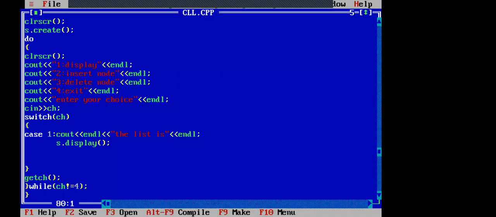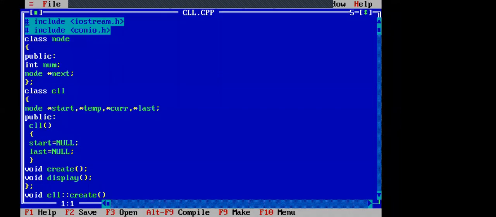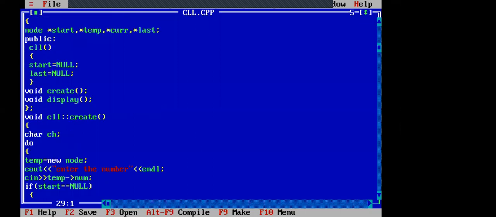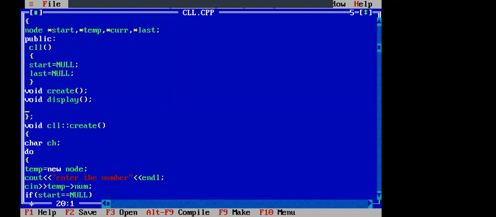So this is a singly linked list. Yesterday I told them how to develop a menu driven approach also. For any module, first of all, you have to write a function prototype of the module. Suppose I want to develop a new module, number of nodes. Int number of nodes.